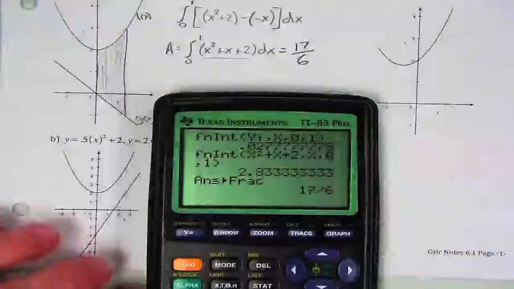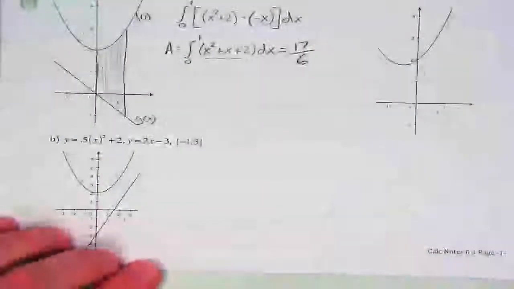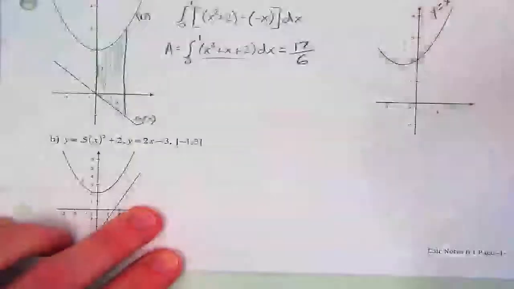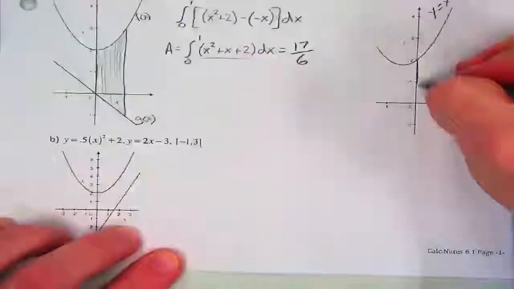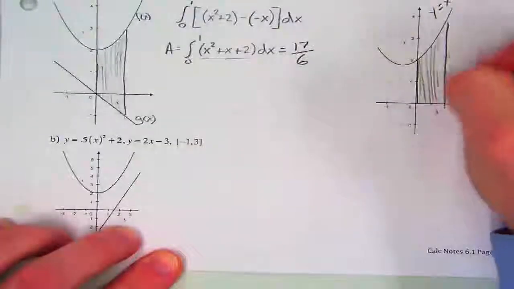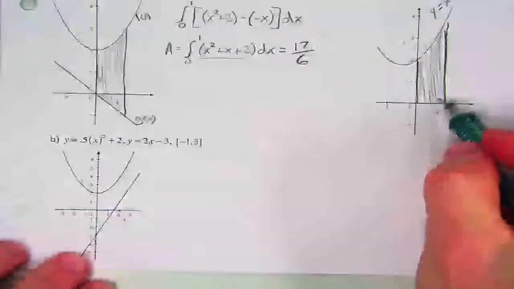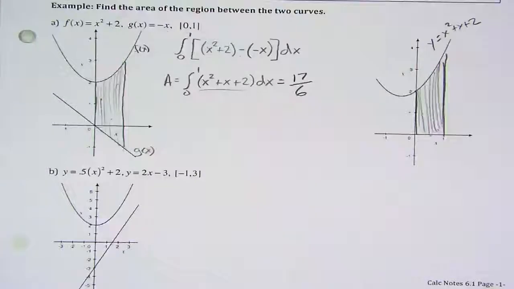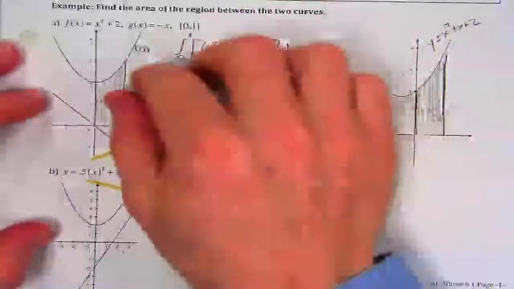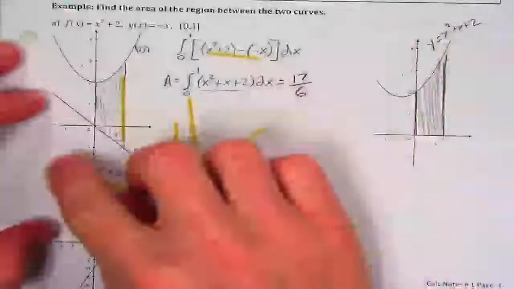Okay. Now, what I've done for you is actually graphed y equals x squared plus x plus 2. Okay, so what we're saying here is that this shaded area is actually equal to this shaded area. And let's see. Well, I did this at home, so my graphs are a little bit